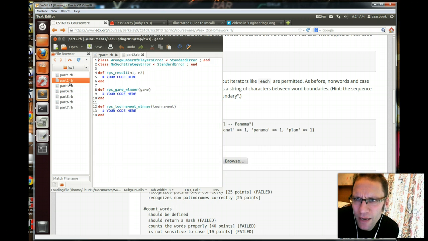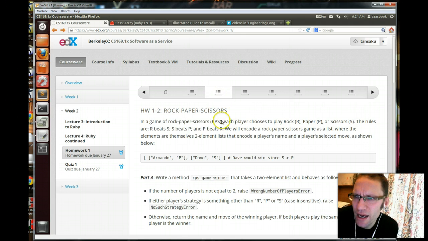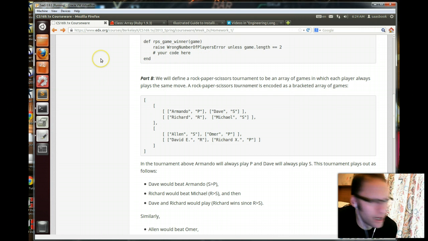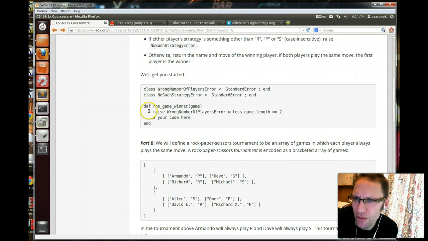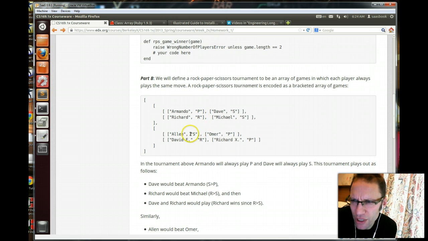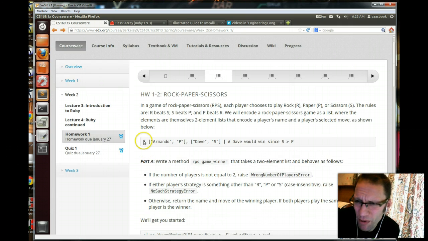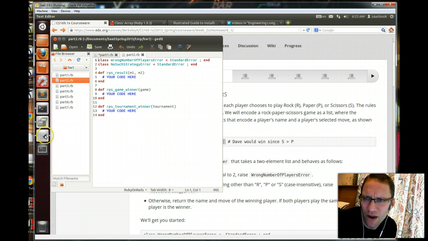part 2. We'll find here there's some other exciting Ruby calisthenics. The challenges gradually increase in difficulty, and in these later ones there aren't pre-built test cases. Like in part 1 we at least had a skeleton test case at the bottom. In part 2 they start showing, oh, here's a good way to get started, but there aren't any test cases. Here, and this one is rock paper scissors, I'd recommend copying some of the test data that they've got here and taking that over into